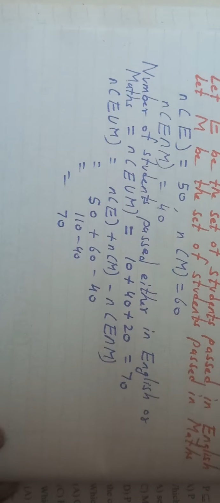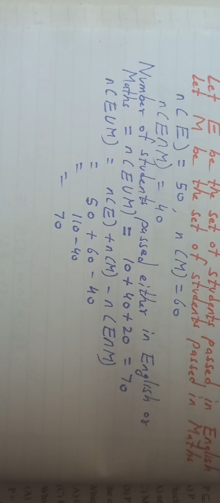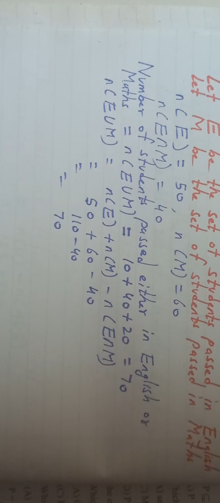So E union M is nothing but number of students who pass at least in one of the subjects, and that is equal to total number of students, because there is no failure. So number of students passed in either English or maths is equal to total number of students. Followed? That is E union M, which is equal to the universal set. Followed? So you can once again write number of students who pass at least in one of the subjects is equal to, wordings can be written in any way,